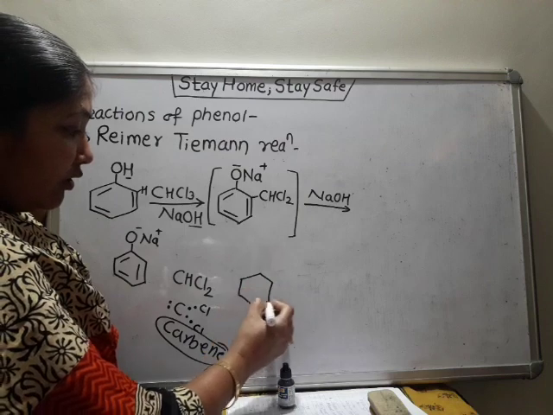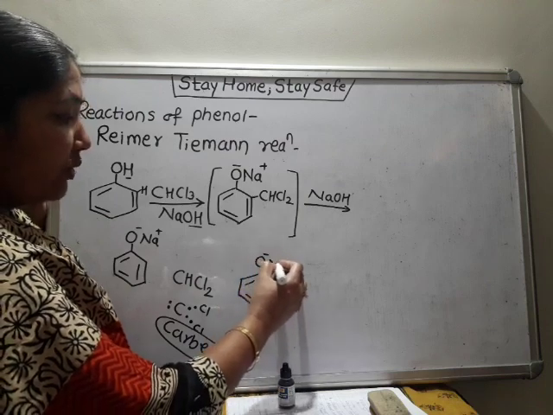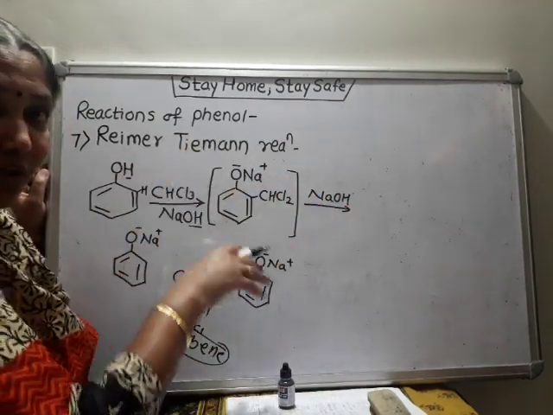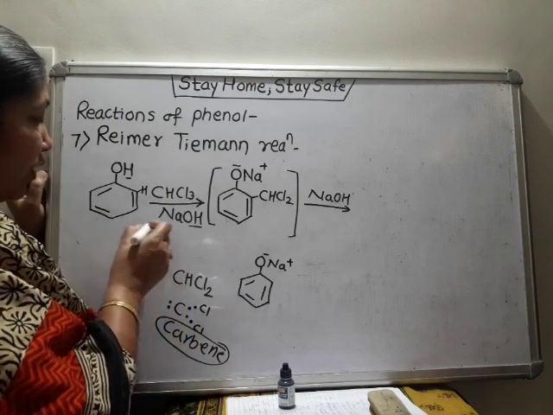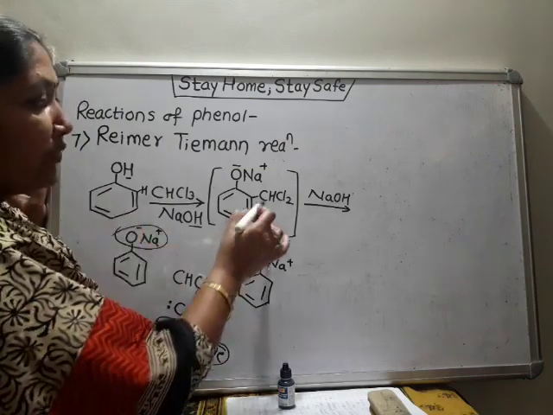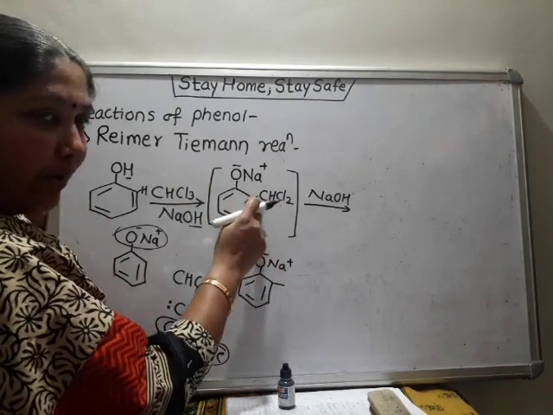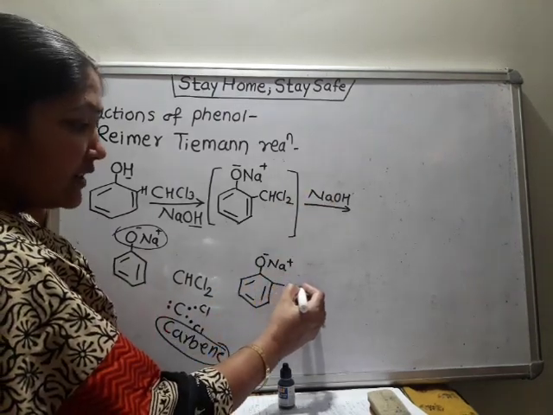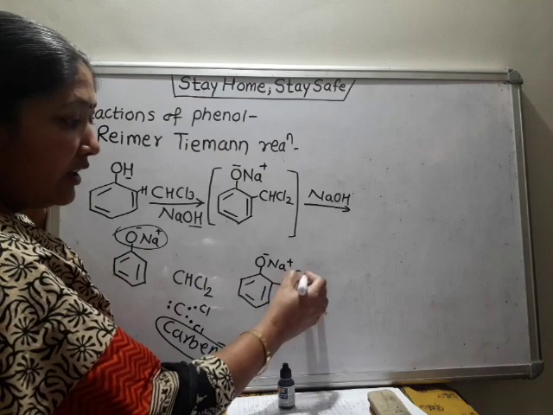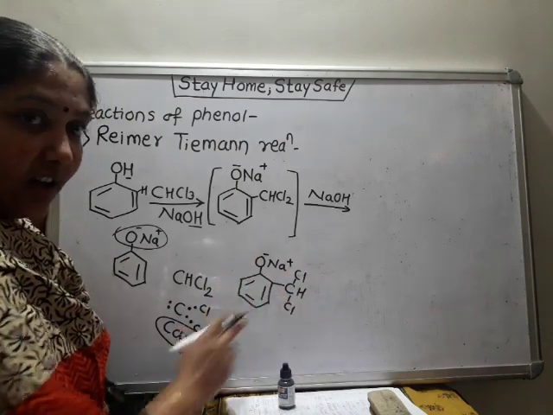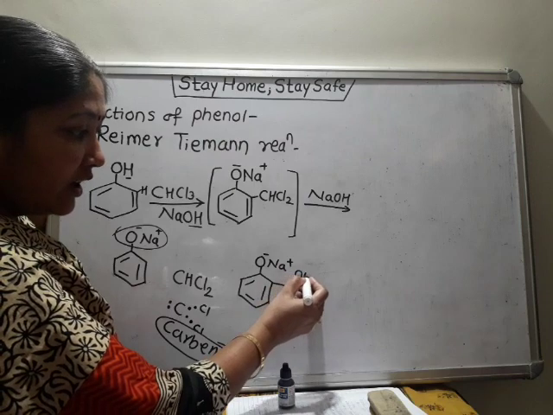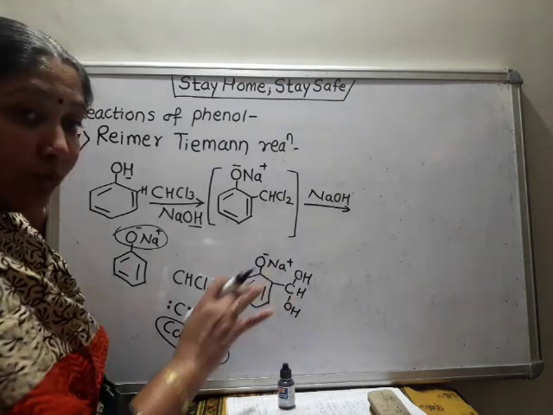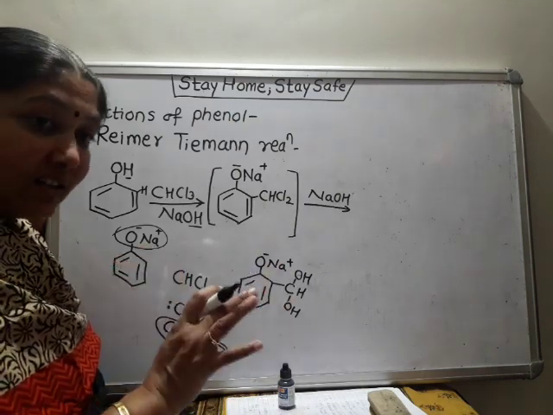It is used to hydrolyze this substance. Means, what happens in this reaction? This is O minus Na plus. This group is protected so that it should not react with further reagents used in the reaction. So it is said that the OH group is protected first. Then CHCl2 is a chloro compound. It has Cl, so Cl is replaced by OH. So what do we get? 2 Cl were there, CHCl2. It was like this. Now when it reacts with NaOH, this Cl is replaced by OH, and on one carbon two OH groups are there, which means it is highly unstable.